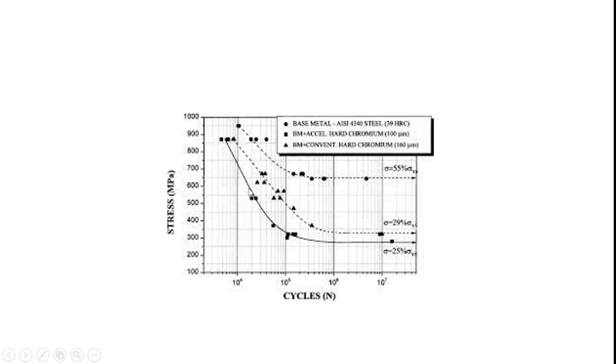Here you see after some time the curve plots as a horizontal line. If I consider steel, the stress reduces with the increase in the number of cycles of applied load. After some point the line breaks and continues horizontally. This horizontal level is called the fatigue limit of that steel. Likewise, we can study the fatigue property of the material. Thank you.